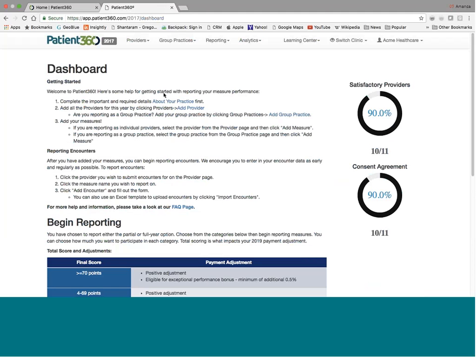This is our dashboard. You'll always end up coming here first. It will default to the dashboard page to get you acclimated. But if you're ever jumping around in the portal and you get turned upside down or lost, you can just click on the logo and it'll take you right back here to the dashboard, which helps you to begin getting